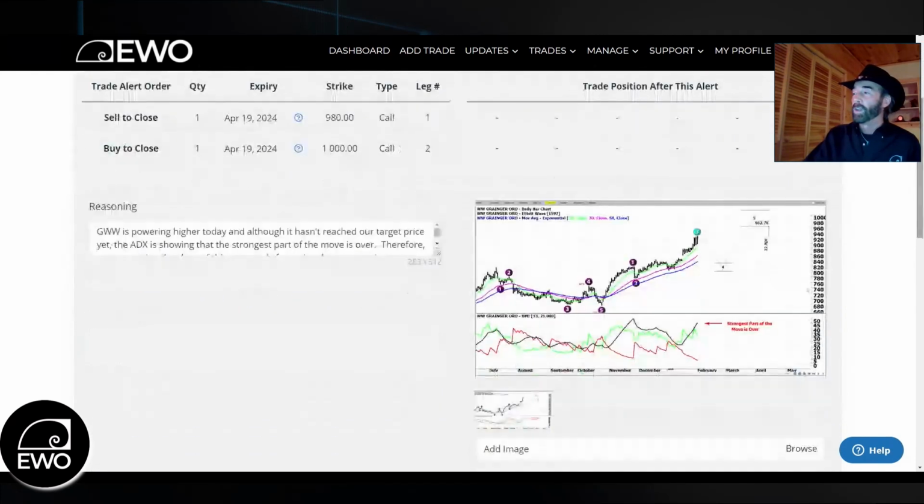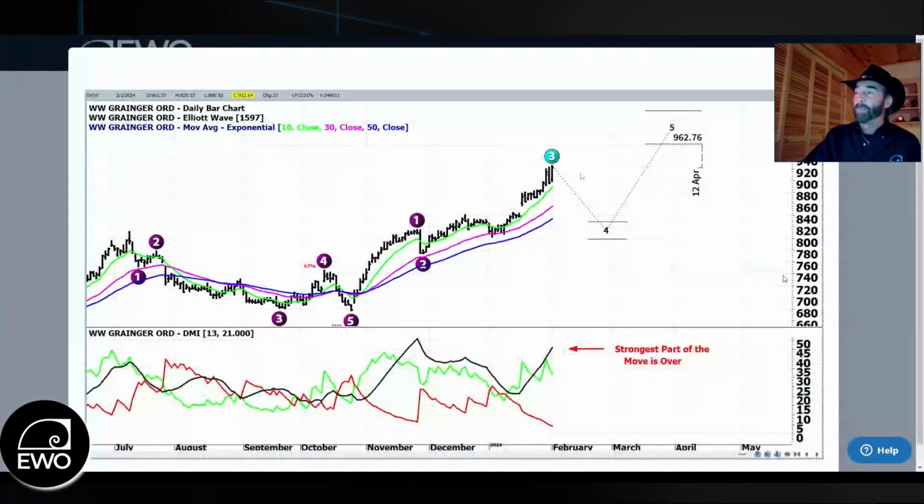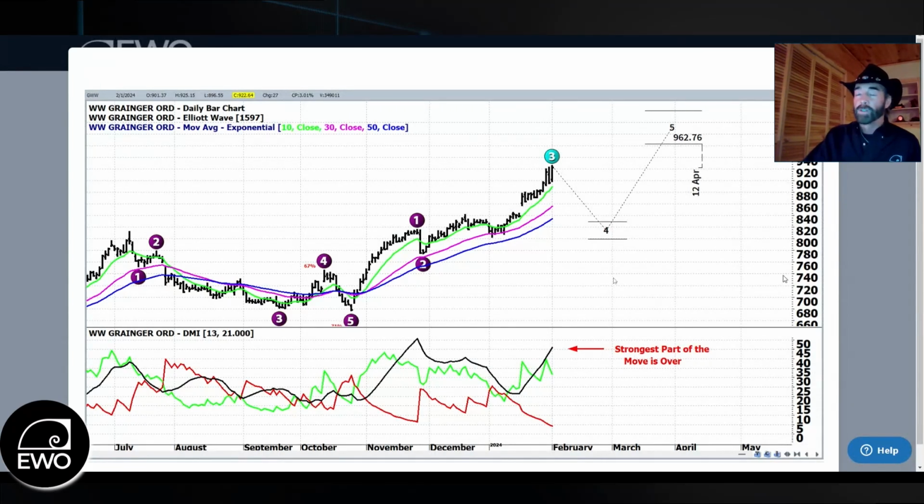So going into earnings, the stock turned around and popped up again. So you can see this nice big move here in just the 1 day. And with that, the problem was the ADX went up, telling you that the strength was there, but the positive directional indicator went down. And the positive directional indicator is more responsive to day-to-day moves. The ADX is a little bit more of a lagging indicator. So when they separate like that, and then we have the ADX breaking that much above 40, that elicits some